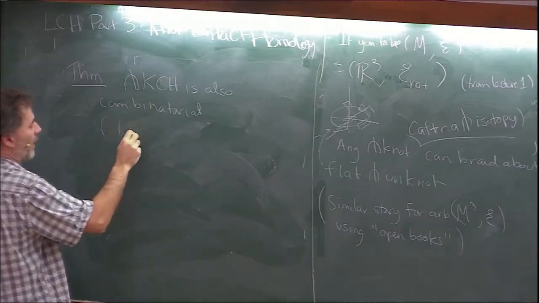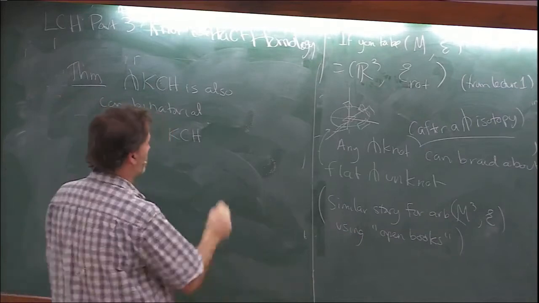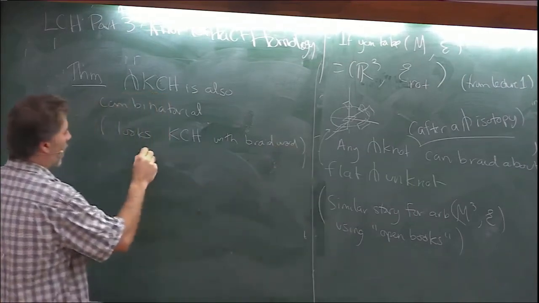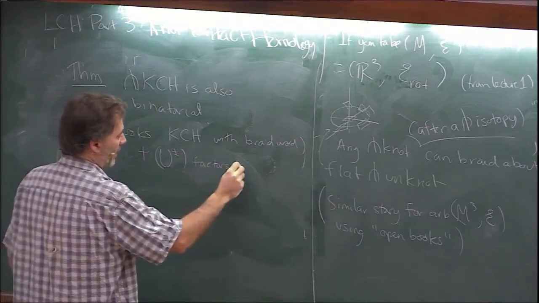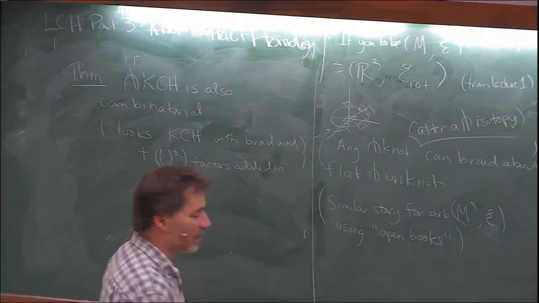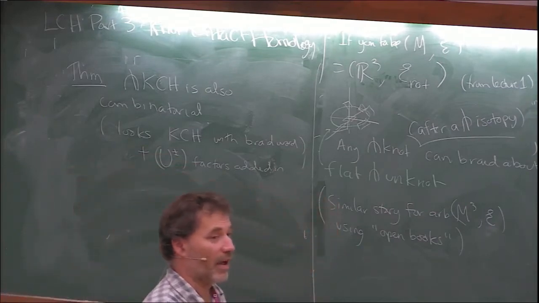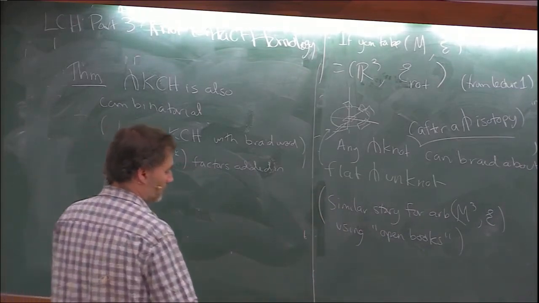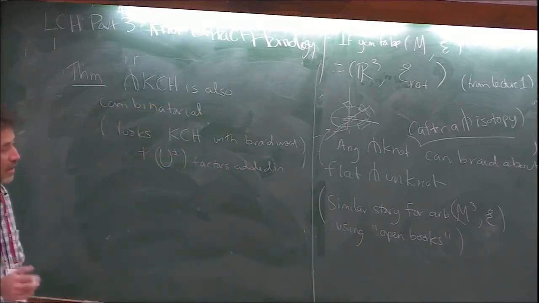Basically, it looks like the knot contact homology with these braids, braid word in it, plus some U plus-minus factors added in. So it's another combinatorial invariant, and you can do whatever kinds of things people do to simplify DGA computations or implement them on a computer. And you get a new combinatorial invariant for transverse knots. So it's a big invariant,